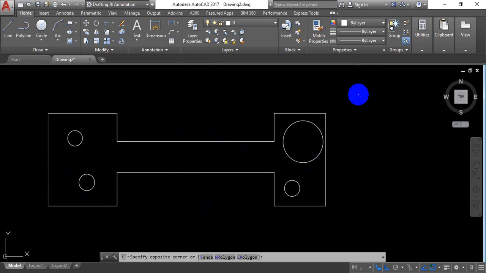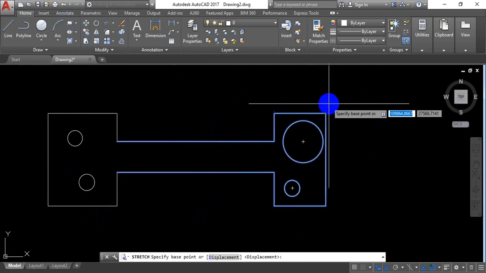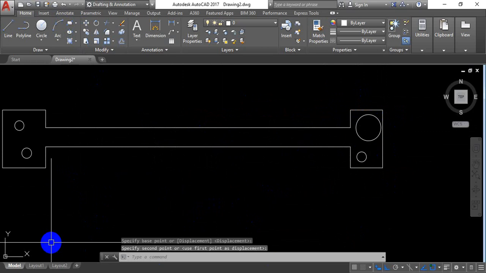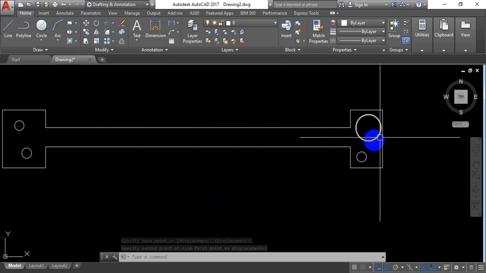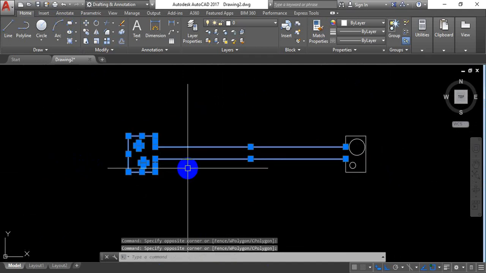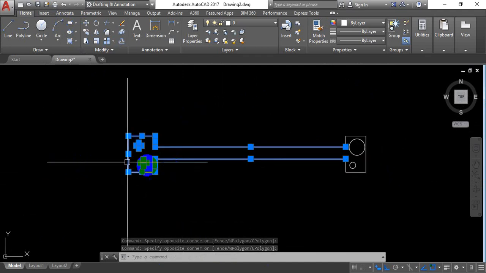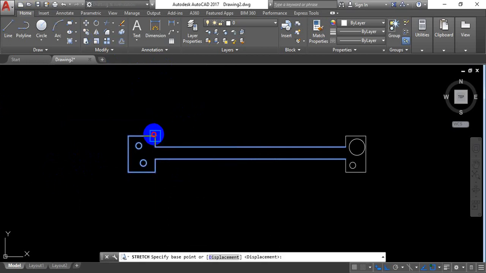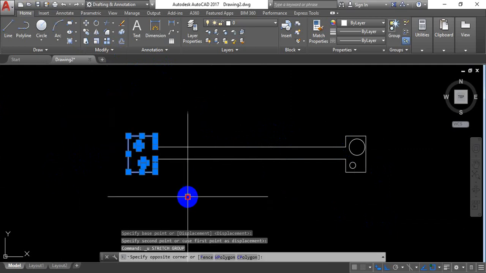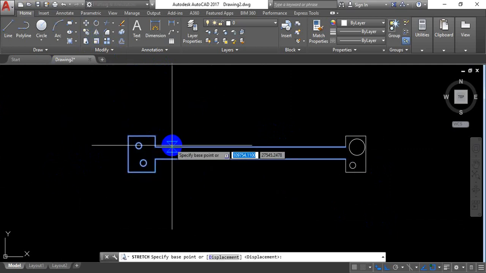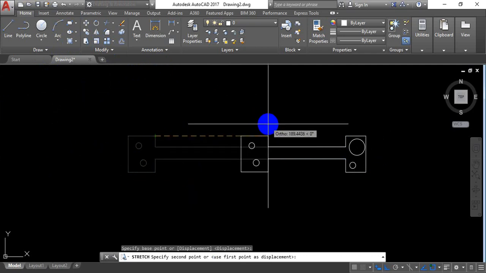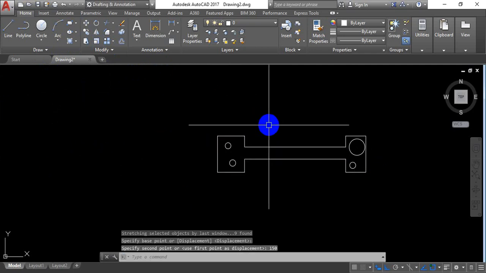Okay, so again select the object, take the stretch command, then take the base point option, then extend, if you want to extend it at your eye level. Then how about the reducing part? To reduce the object, I want to reduce it through the left side. So select, then stretch, then okay, I want to reduce. If you want to reduce by measurement, then select all of them, take the stretch command, then specify base point, then don't click here, then input the measurement 150. Okay,